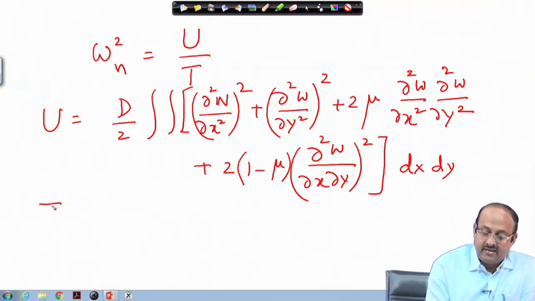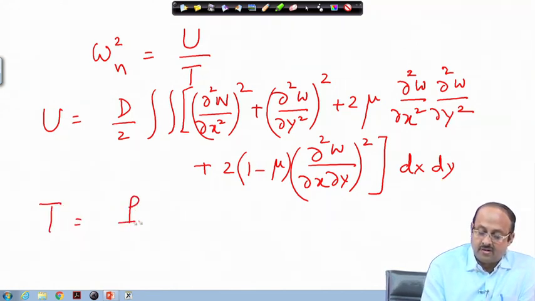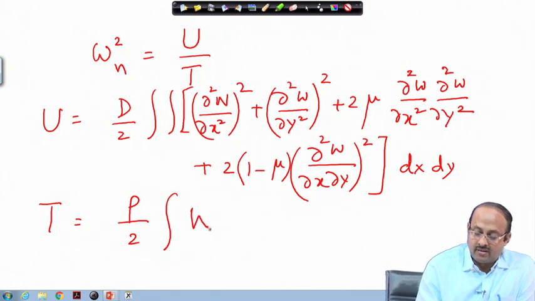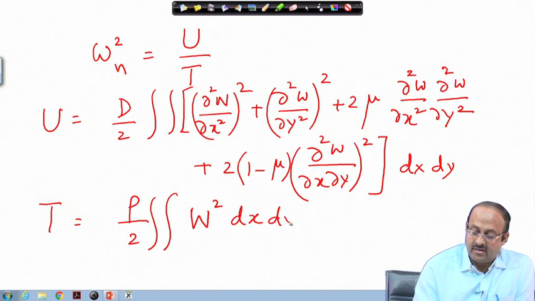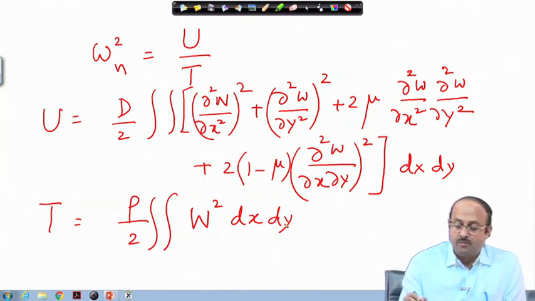And T will be equal to rho by 2 times the double integral of W square dx dy,